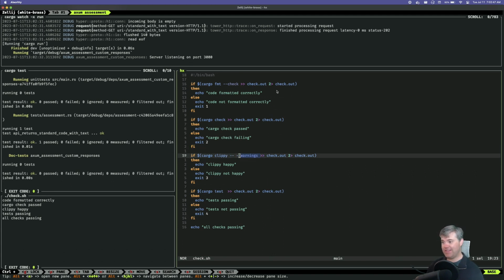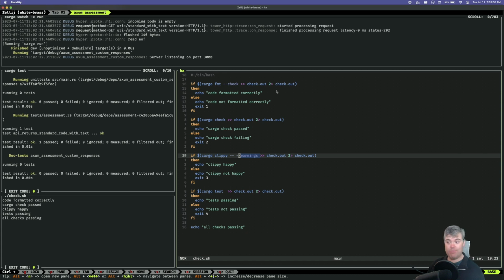If you want, there are two linters that Rust has. There's cargo check, which comes with Rust, and that's probably what your editor is using. And that's great.